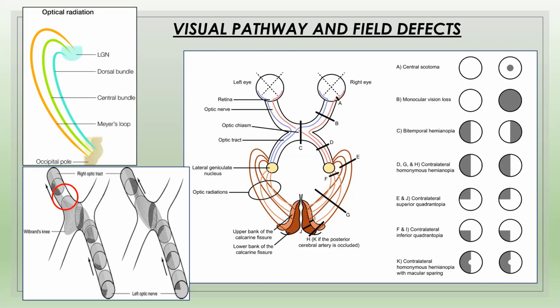So especially in pituitary, you rarely see papilledema in pituitary patients. If you have something like quadrantanopia, you have to be careful about what it is, and craniopharyngioma. So visual pathway and field defects is a very important slide, and of course optic nerve examination and all is very important.